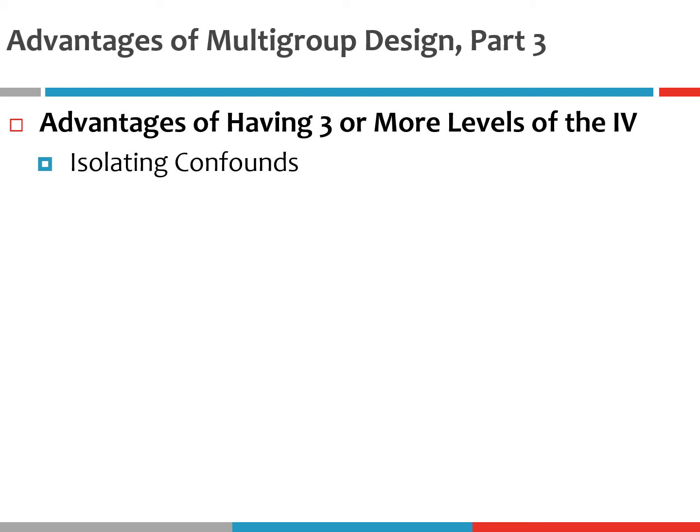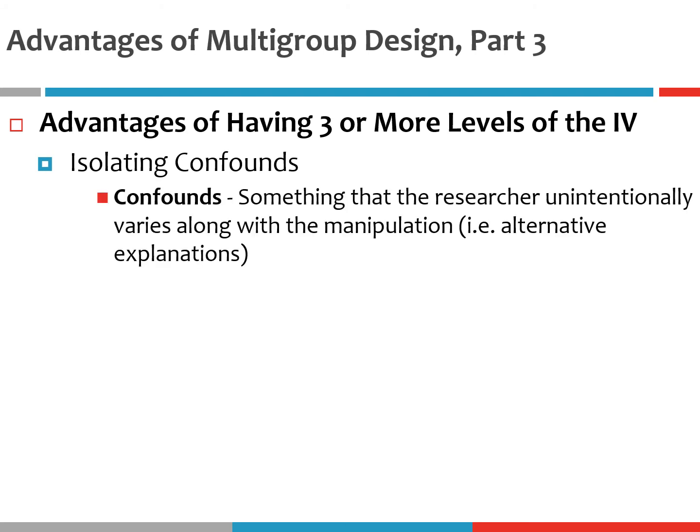Now, ideally, if you run an experimental design with random assignment to conditions, you will deal with most confounds. However, if you can't run an experimental design with random assignment, you're going to have confounds. And one way to sort of deal with those confounds is add another level of the independent variable that addresses that confound. So as I mentioned before, confounds are alternative explanations. For example,